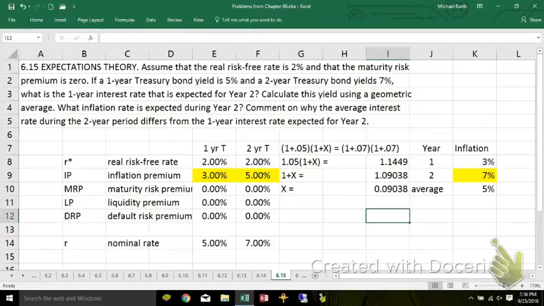Comment on why the average interest rate during the 2 year period differs from the 1 year. Inflation is expected to increase. By the way, that's what we're sitting on right now. Inflation's at historical lows, and everybody keeps on waiting for it to explode. But we've been waiting for 7, 8 years now, and it still hasn't happened. So sooner or later,